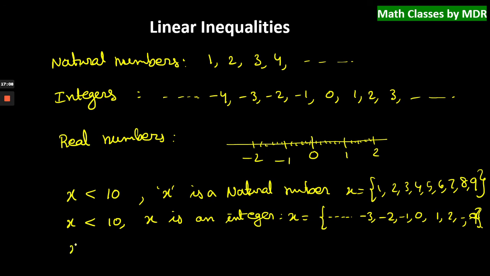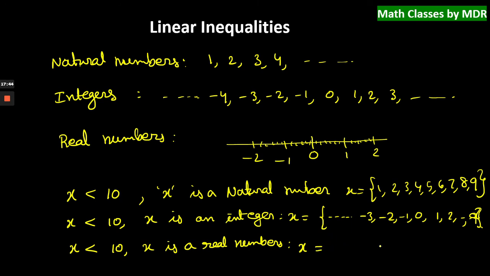So suppose it is given that x is less than 10 and x is a real number. X less than 10, x is a real number means how many numbers will we have? Again infinity, right? Including 9.9, 9.8, 9.85, 9.67, everything, 6, 7, 8, 9.899999. All these are real numbers less than 10. So here we represent the real numbers with open and closed brackets.